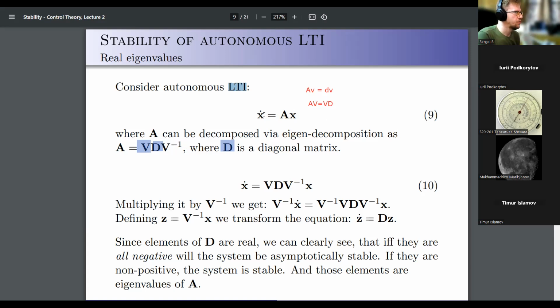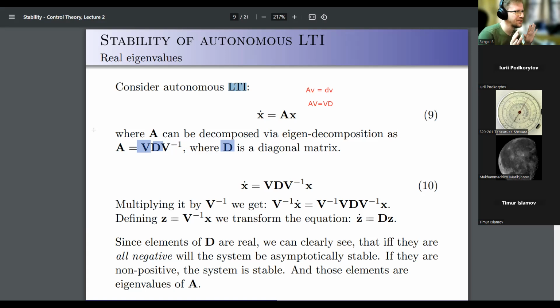And then you multiply both sides by V inverse on the left, and you get the eigendecomposition. So it's possible to do it like this, and this is possible for any matrix where you have